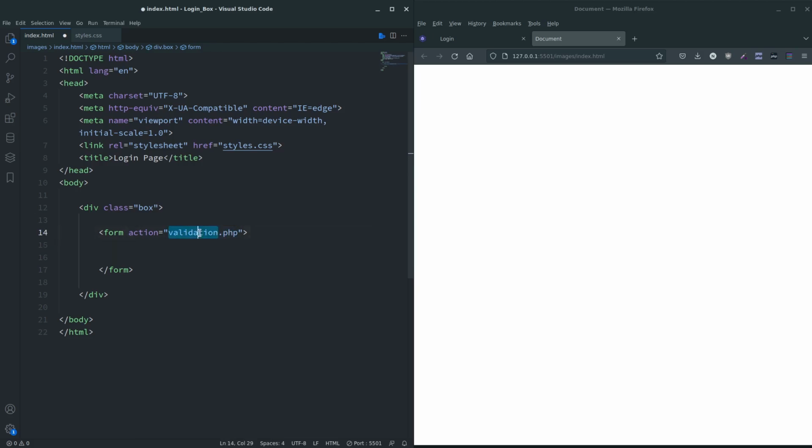But for this it's just a front-end tutorial, so I'm going to leave that blank, and also you would put in here a method equals post or get or whatever, but anyway that's beyond the scope of this tutorial, so I'm going to leave that there. Right, inside we're going to create h2 and put login, save. Okay,